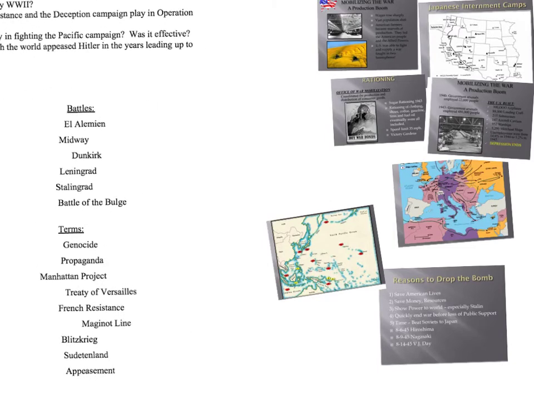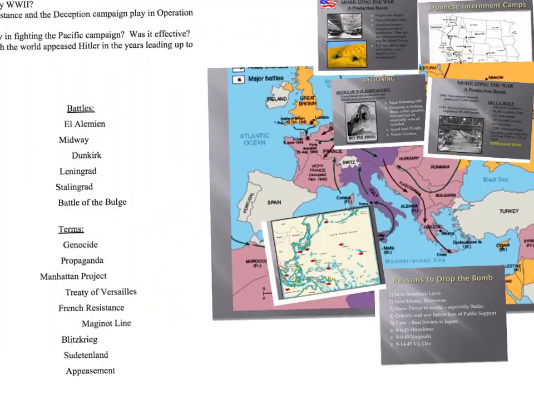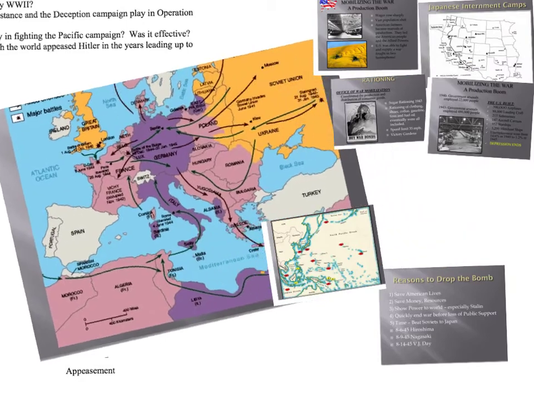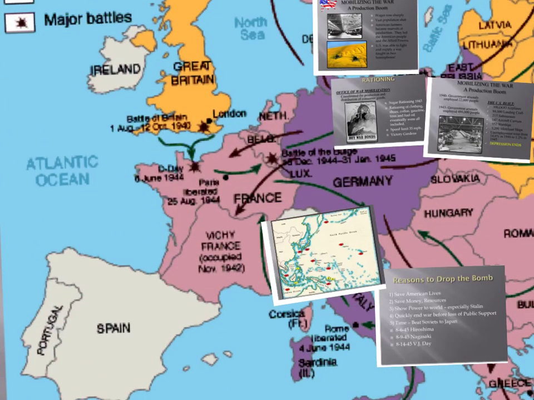Alright, then moving into some of the battles here. Again, we talked about Midway and El Alamein. We talked about the battle for Stalingrad, a couple other ones. Remember that the Battle of the Bulge is the last German offensive, in which they put up a last push, successful in capturing or at least surrounding a lot of Marines. Eventually when they break out, though, that marks the final defense for the Germans.